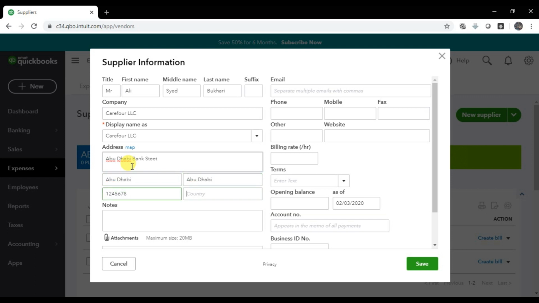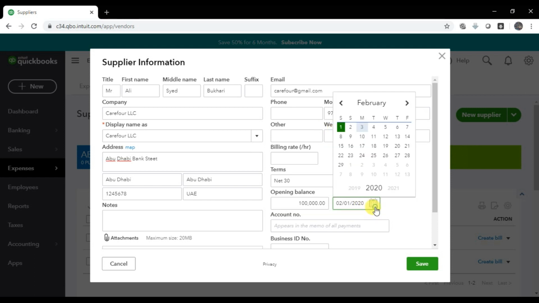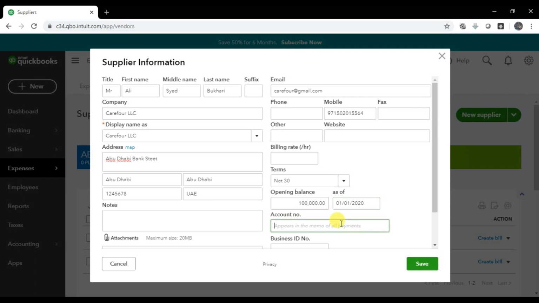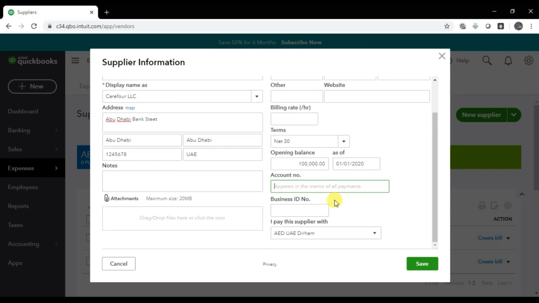You can give that code UAE, and that is carry forward and email.com. You can give that file and whatever that information is. Here we have the default terms, that is 30, and opening balance is 100,000. And as of, let's suppose from 1st January, right? And if there is an account number, so you can mention the account number, otherwise no need, and then save it,